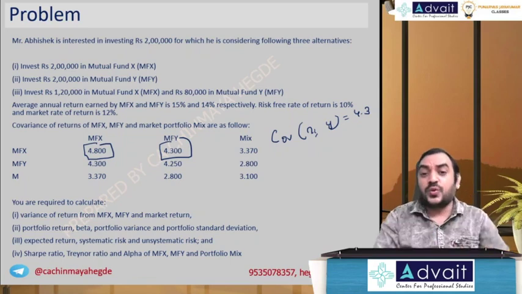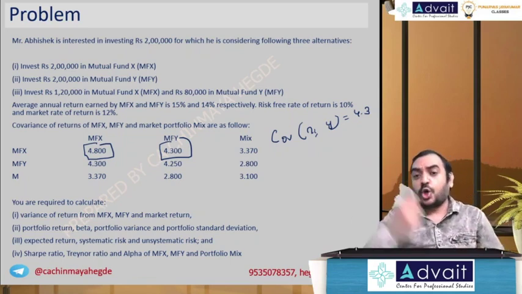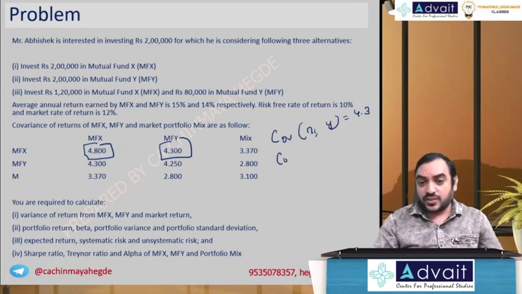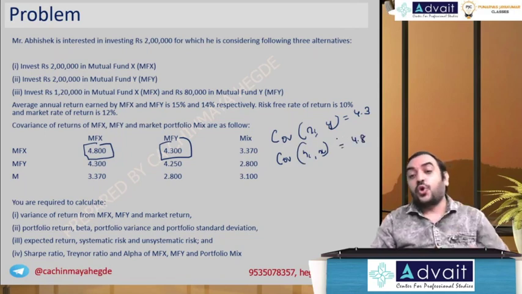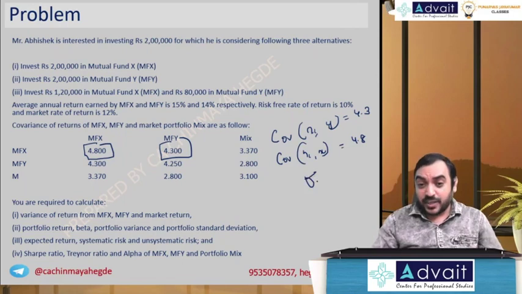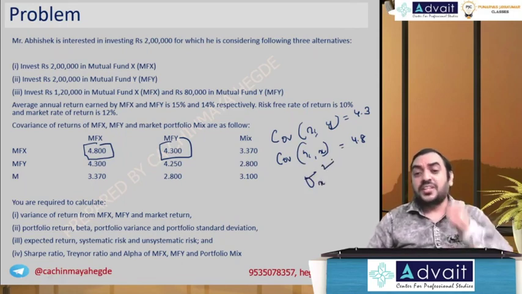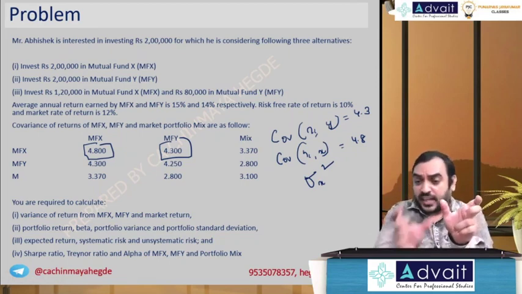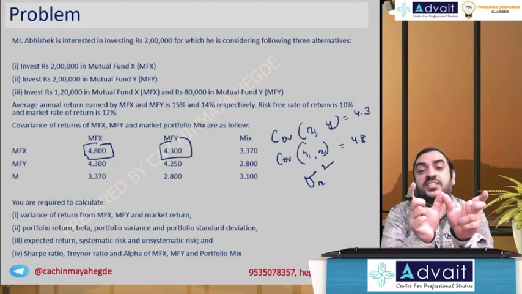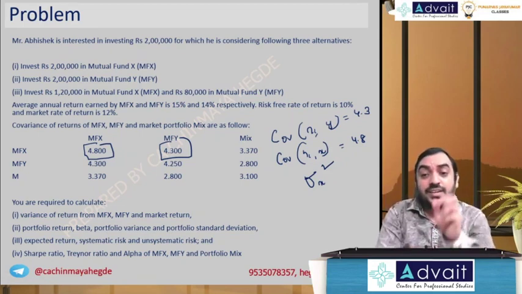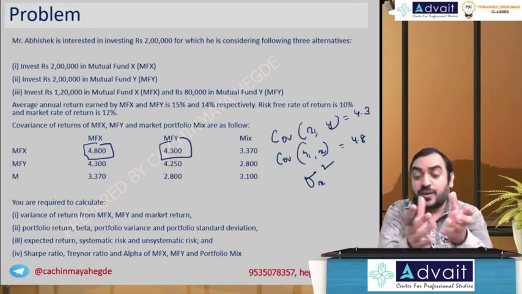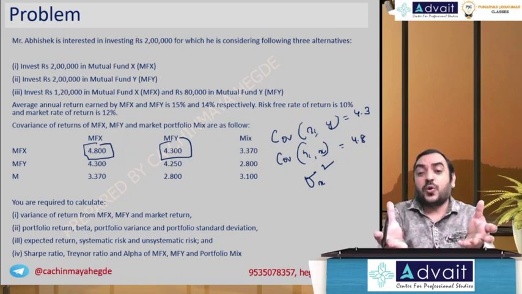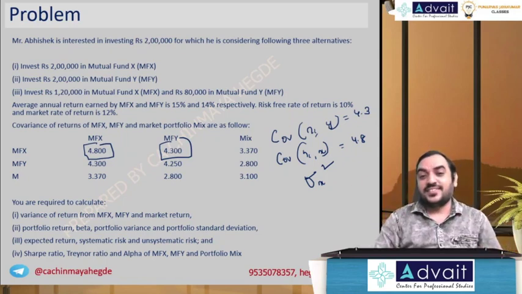Covariance between X and X only, right? Row heading also X, column heading also X. So we write it like this. Covariance between X and X is 4.8. What is covariance between X and X? That is nothing but variance of X. How, sir? What is the formula for covariance? X minus X bar into Y minus Y bar. If I take out Y minus Y bar, there also if I put X minus X bar, what will happen? Summation X minus X bar into X minus X bar, which is nothing but X minus X bar whole square, which is nothing but variance.